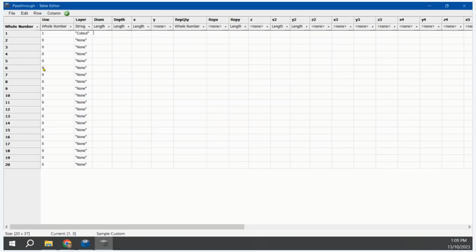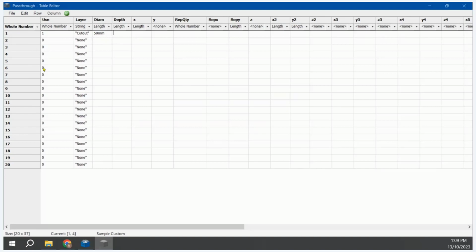As this pass-through is for a power plug, let's make it say 50 millimeters. Click tab. Depth is how deep we want it to go. We can enter a specific depth, but if the material changes, then it will always machine to that same depth. Again, a pass-through needs to cut through. To ensure that it does cut through, whether the material is 16 mil or 18 mil, we can enter dim